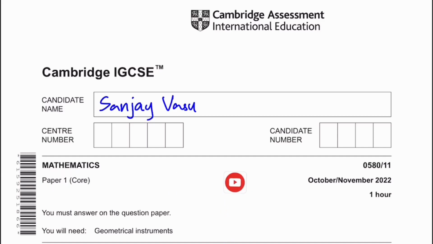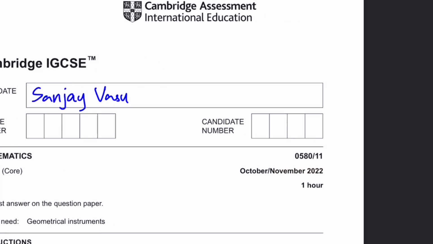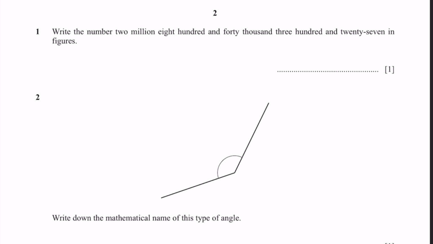This time I'm doing it on Cambridge IGCSE Mathematics for paper 1, core paper, October/November 2022. You're allowed to use a calculator. Let's start. Question 1. Write the number